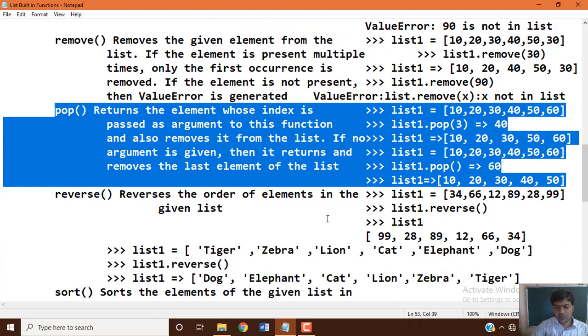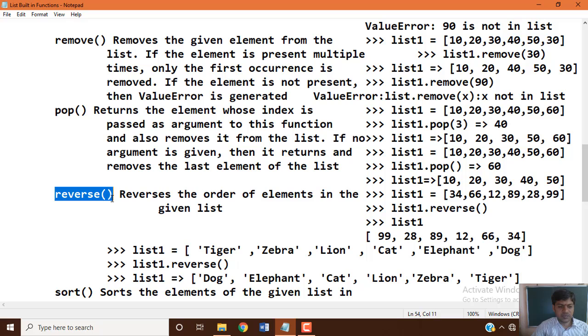Okay, now we are moving on to another built-in function, the reverse function, which reverses the order of elements in the given list. Whatever list you pass, if you apply this reverse function, it will be put in reverse order from the existing order.